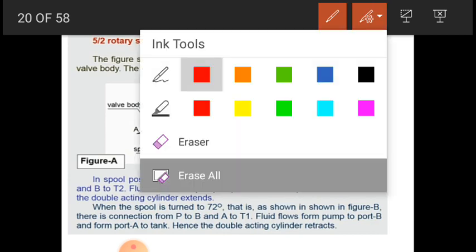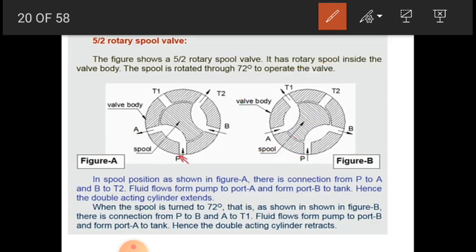Now there is a connection from P to B. Earlier there was no connection from P to B, but when we operate the palm button, the direction of the fluid flow changes. Now the fluid flows from port P to port B, and from port A to tank T1. What happens?